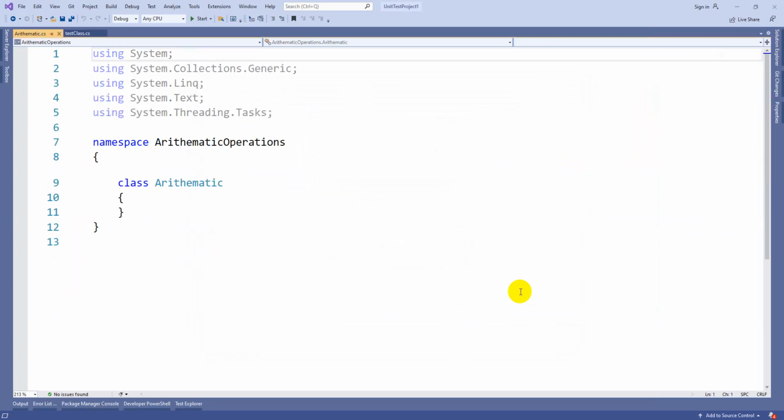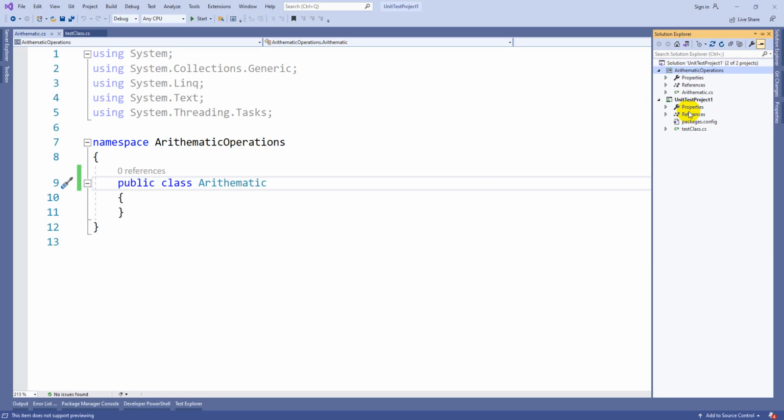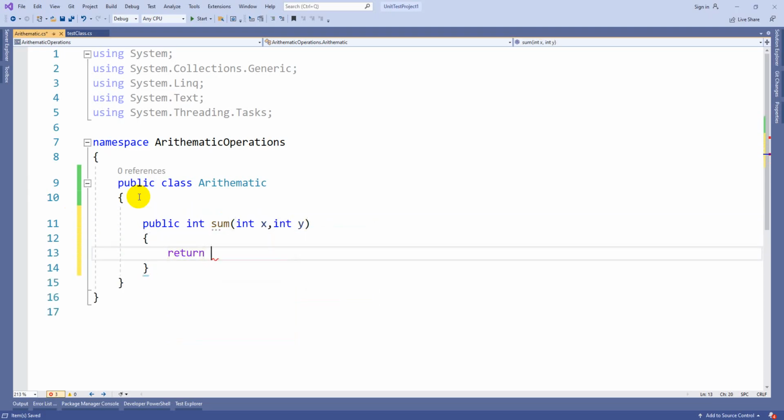Arithmetic is the class. As I mentioned, this project needs to be accessible to this unit test project. That means I am trying to access my class from one project in another project. That is the reason I am keeping it in public mode. Otherwise it won't be accessible. So public int Sum of int x, int y, return x plus y. This is the sum method,